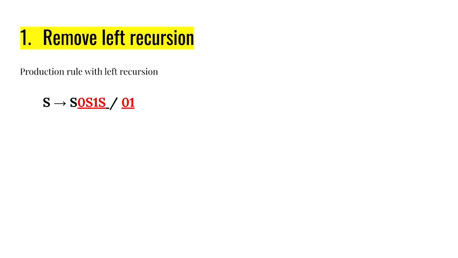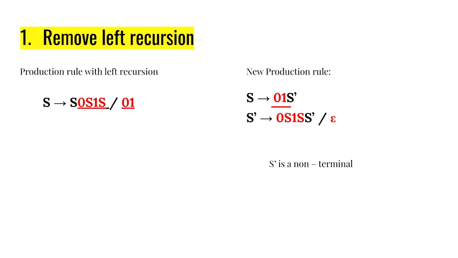To remove that, we are going to write new production rules that say S derives 0, 1 S dash. 0, 1 is the beta here, and S dash derives 0 S1 S dash. This is going to be the alpha, then S dash, and the necessary production is S dash derives epsilon as well. We compared this production rule to the generic production rule we studied. If you have doubts, then grab a pen and paper and try to derive the original production rule with the help of the new set of rules that we just wrote. If that's not helpful at all, then reach out via comments.